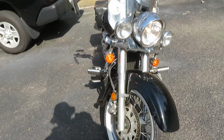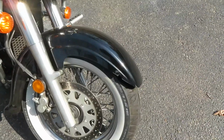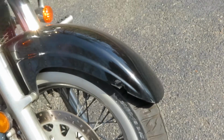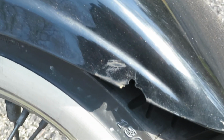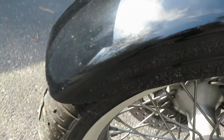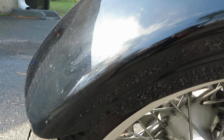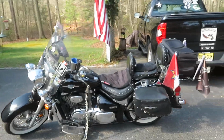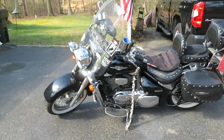Look at this front fender. I had a piece of bling on there that came off, so therefore on the fender you've got that little notch where it was bolted on that side, and on this side you got a little notch on the fender. Alright, let's see. Other than that, moving right along,